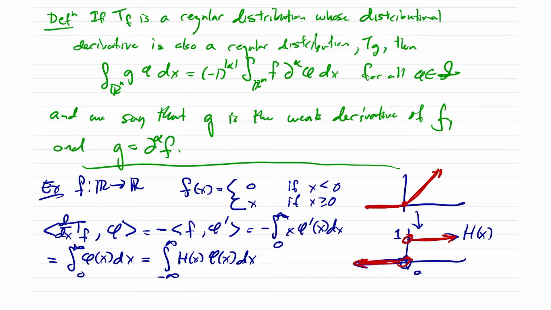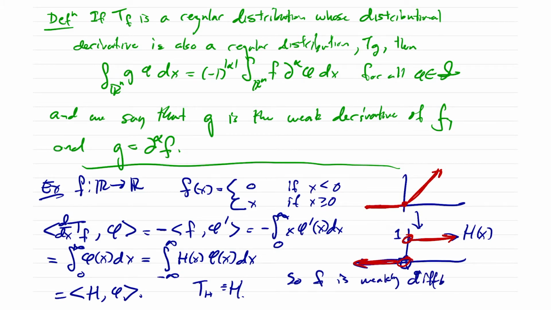So this is at 1 and this is at 0. It would kill all the phi values for the negative values, but it wouldn't change them for the right-hand values. And so this is the same as h against phi, if you'd like, where h stands for the regular distribution. Okay, so we have that f is weakly differentiable with